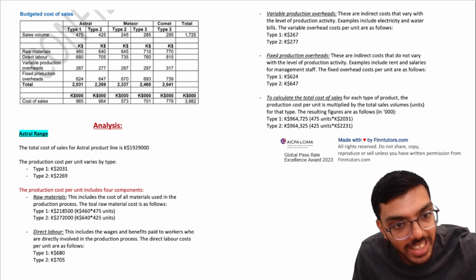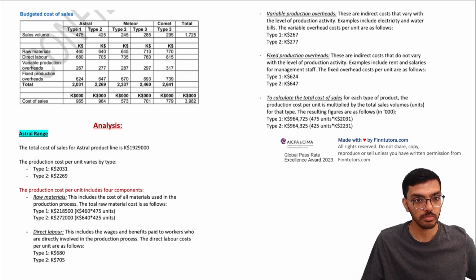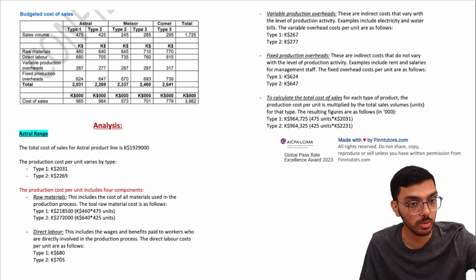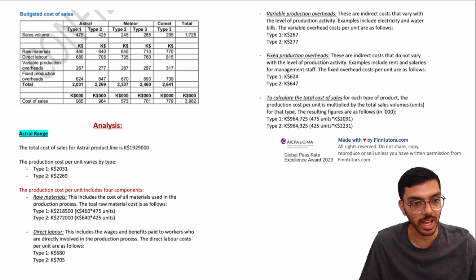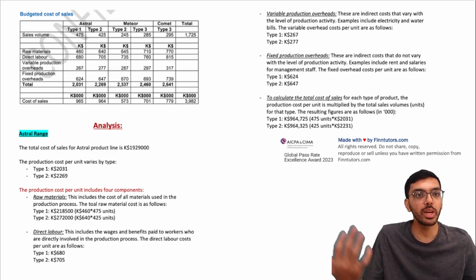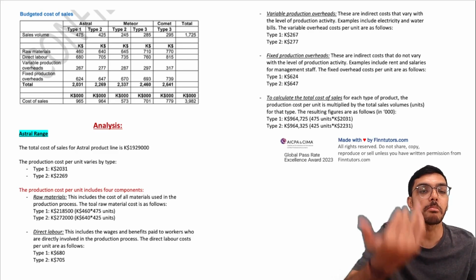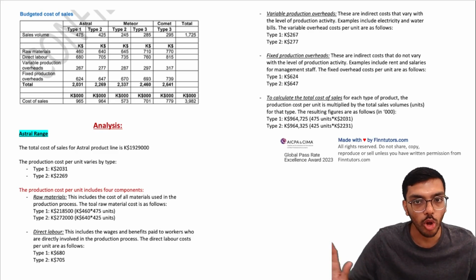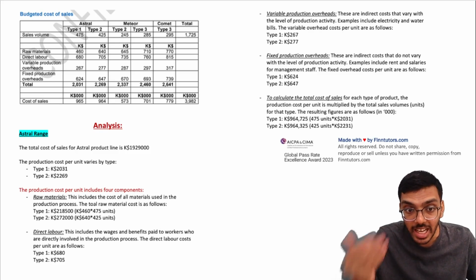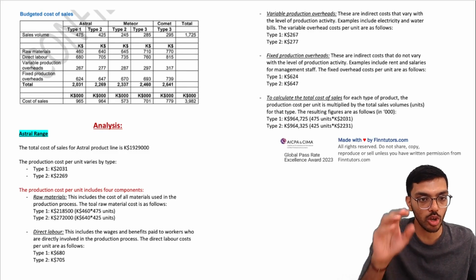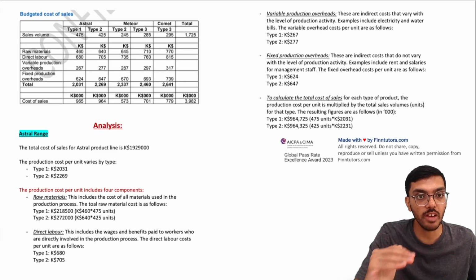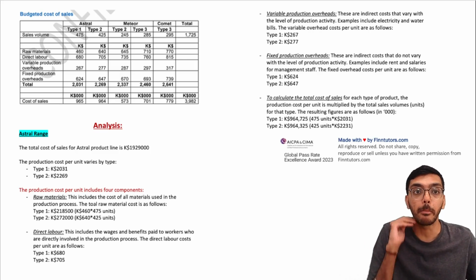Then we've given you a breakdown of raw materials. So for raw materials, the total will be this much. Type 1 total will be 218500. Type 2 total will be 272000. What are we doing? Simply multiplying the cost by the number of units sold. Not doing anything else. So this is just an analysis that we have made telling you that, okay, raw material, this is the cost. Direct labor, this is the cost. Variable overheads, this is the cost. 267, 277 without the breakdown.